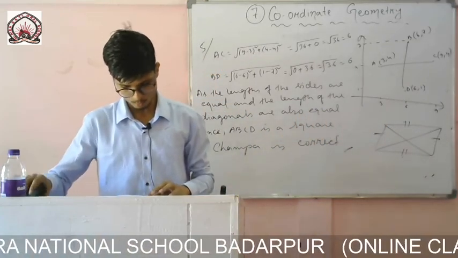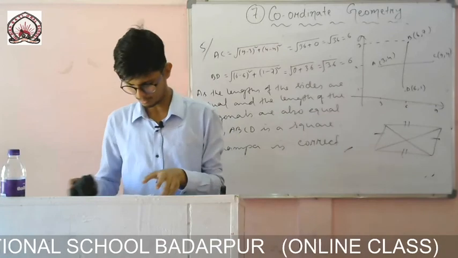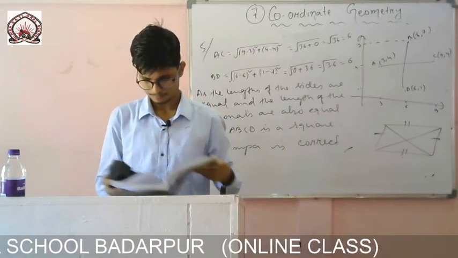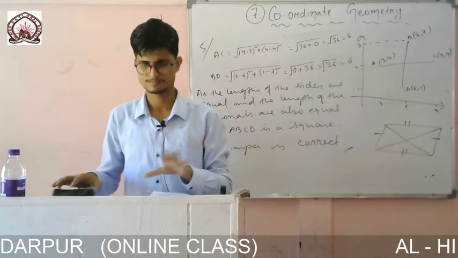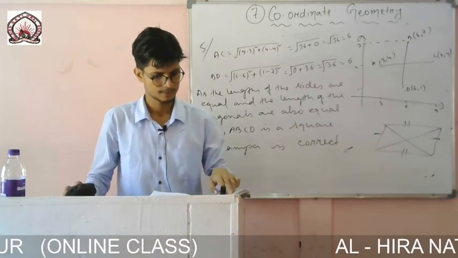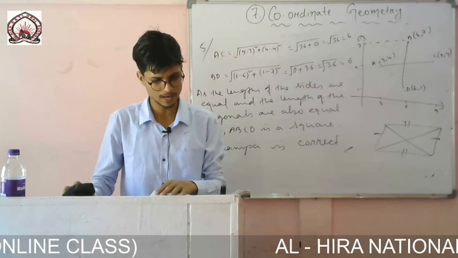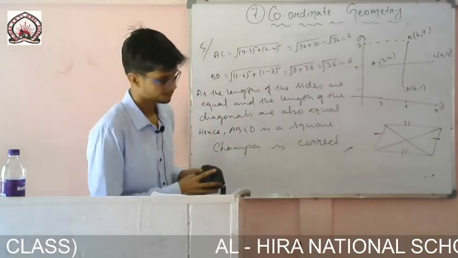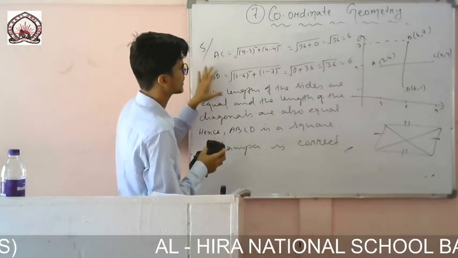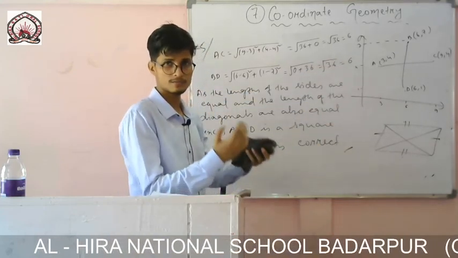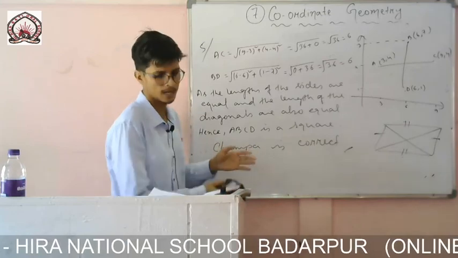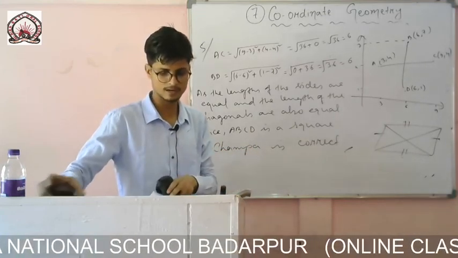So now let us go to question number 6. I will not do all the 3. The first one you do, it will be a square. You just check it, same as the earlier one. The second one I will do, and the third one I will do. The first one is the same as this one, you just have to do the calculation. Earlier the coordinates were not given, so first we found them and then wrote the answer, but here the coordinates are given, so we will write it directly.